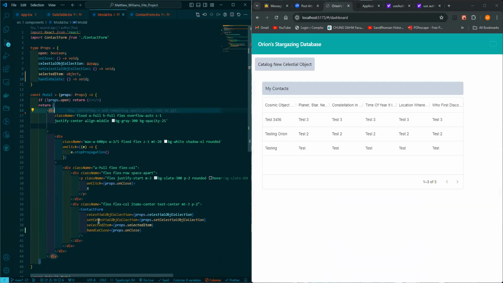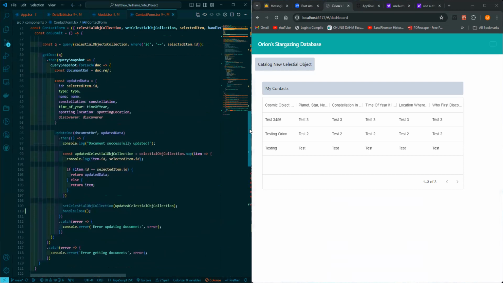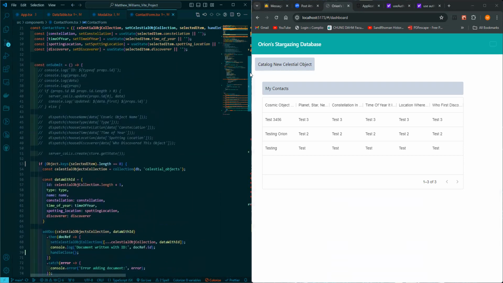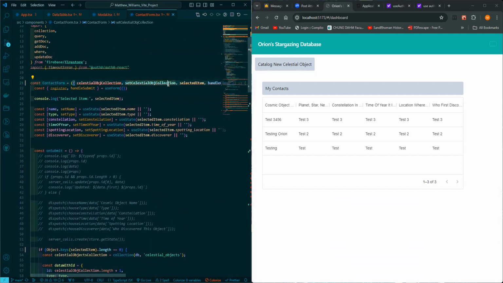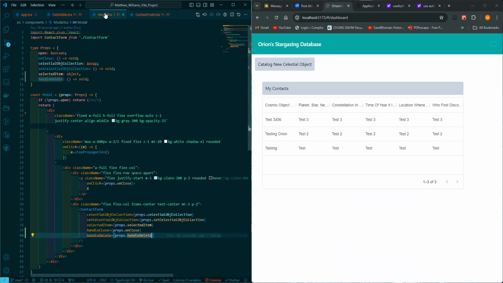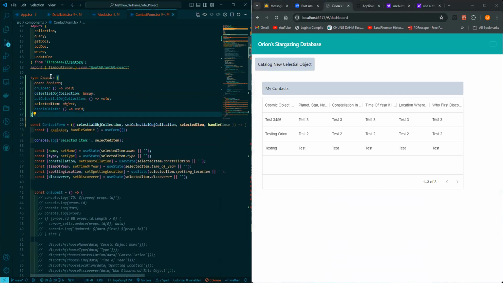And now what I'm going to say is over here to the contact form, let's say handle delete. Let's say props.handleDelete. And now at contact form, we're not really accessing our props in the same way over here, I don't think. Let's see. Right here, we're not even declaring the data types of those, like what we're doing over in modal and all that. So if we wanted to keep it more in keeping with our other code here, then I'd really want to do something like this, create that props object again and specify what's being